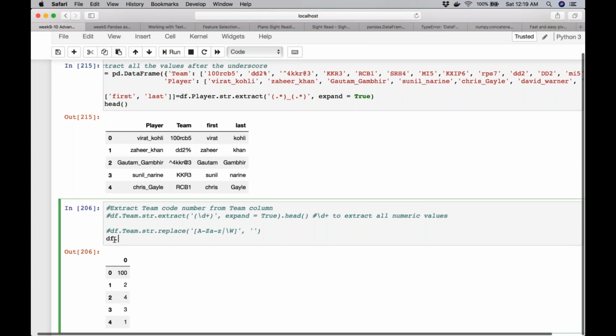So now df dot team dot str dot sorry, replace it by, and I also want to replace the characters.